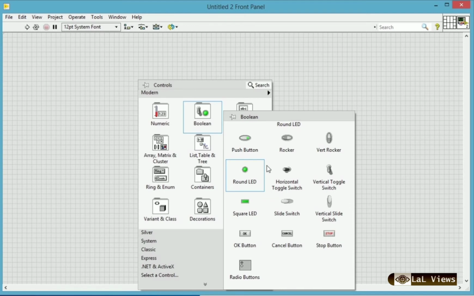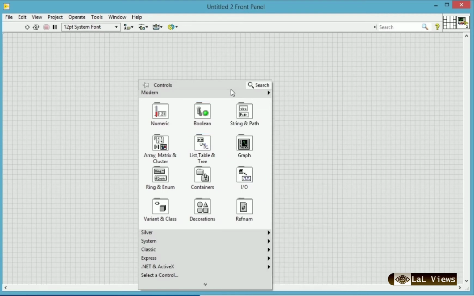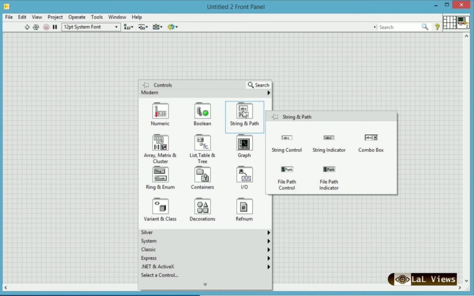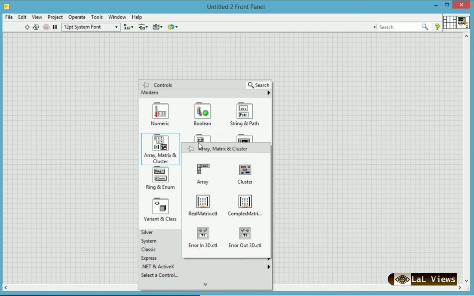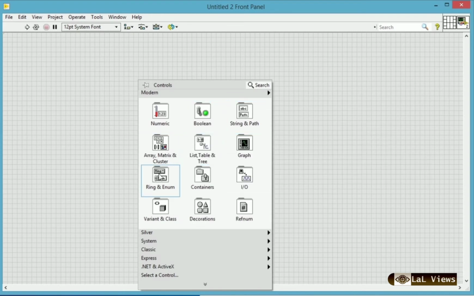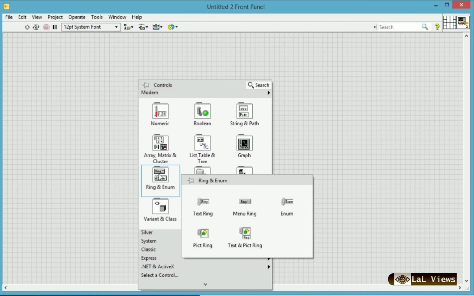A Boolean control or switch can output only 1 or 0, that is, either true or false. That is the peculiarity of the Boolean operator. Now string, then arrays, list, tables, and so on. Different controls are available in the LabVIEW library.